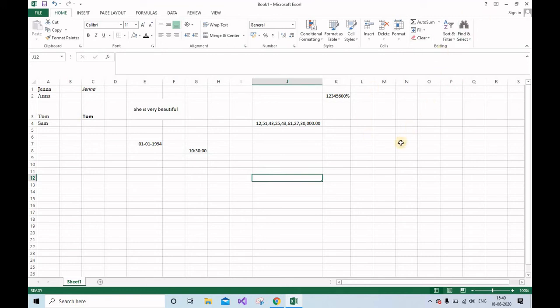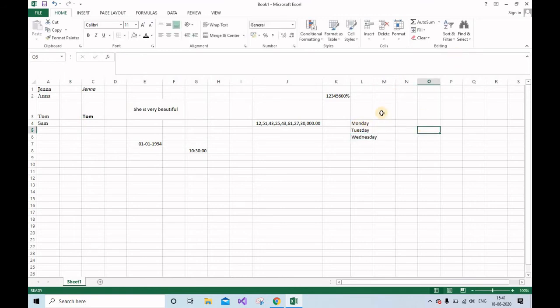Next, we will go to the sort and filter and find and select. Okay. So we'll write some data. For example, Monday, Tuesday, and Wednesday.